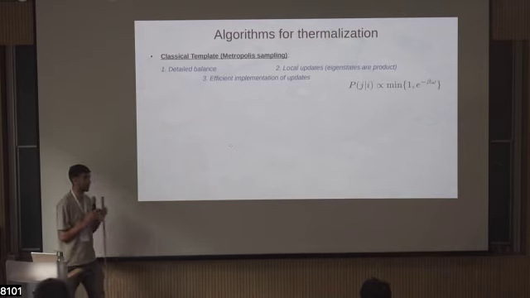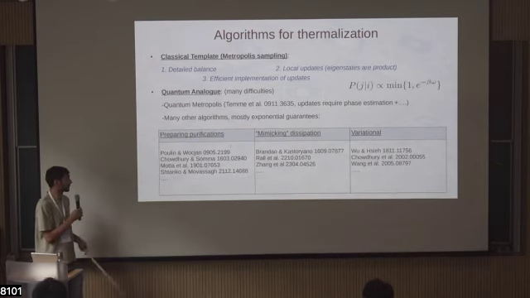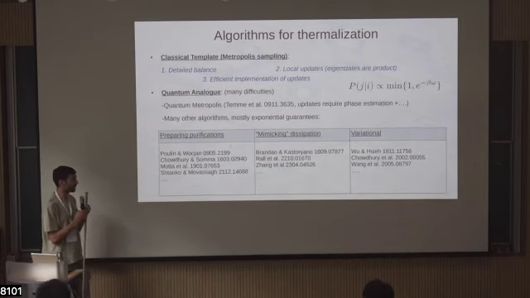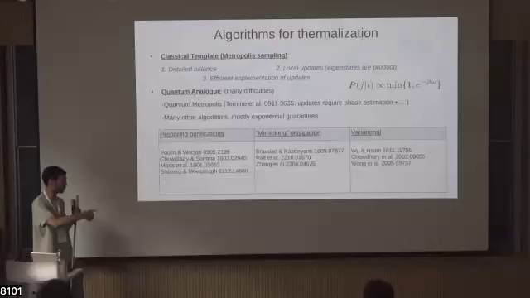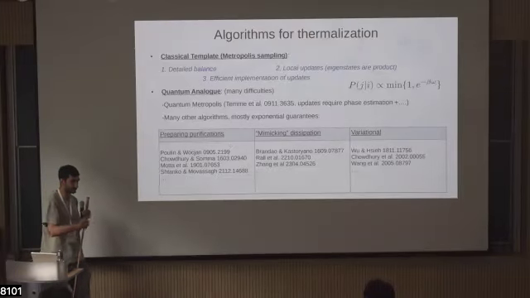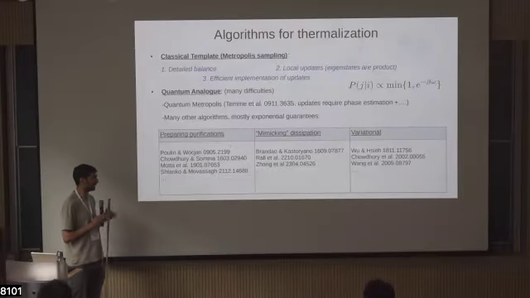Those that have to do with preparing purifications, and other ones that mimic dissipation in some way, or also variational ones, right? And of course, here there are some very nice works, some very nice ideas, but I think they were not quite capturing the real thermalization process, right? And the way nature seems to be thermalizing. And if you were able to do this, then you were able to come up with a better algorithm. And I think none of these works kind of got there fully, let's say. So I think we were missing something with this target of mimicking thermalization and producing Gibbs states in